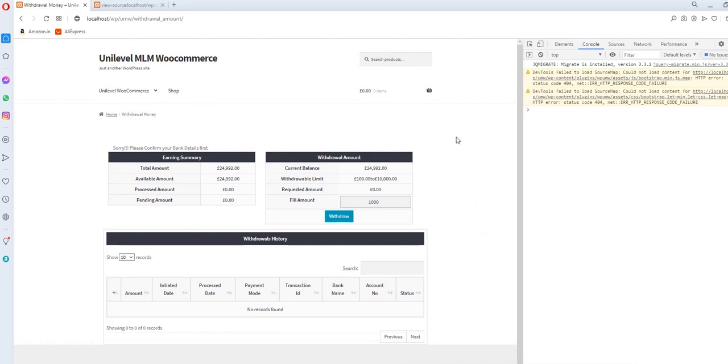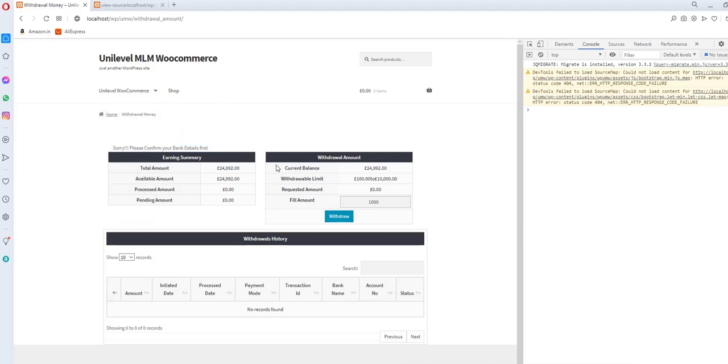I don't know the reason, but I will check this. When clicking the withdrawal process, it should display that you first need to fill in the bank detail, then you can proceed with the withdrawal process. If I put in my bank detail, then definitely the amount will be requested to my bank account. Just a minute. Yeah, this has come, but I think there is some CSS issue, so I will check these things.